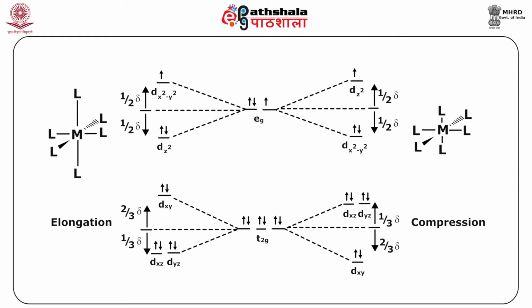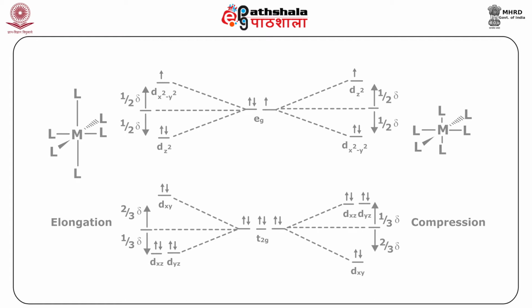The tetragonal distortion may occur either by the elongation of the z-axis and compression of the x and y-axis, or by the compression of the z-axis and elongation of the x and y-axis. The Jahn-Teller effect cannot say which of these will occur, as it will vary from compound to compound. Both types of distortions